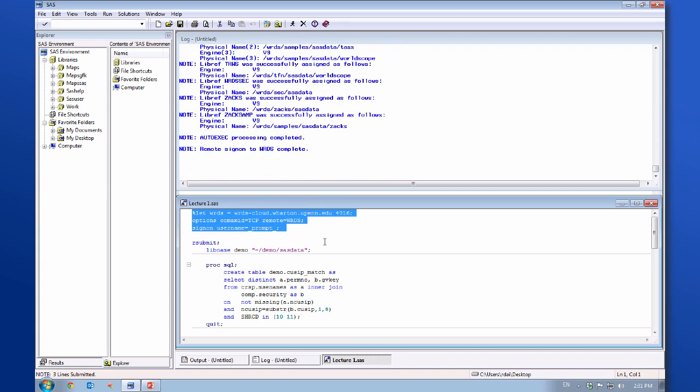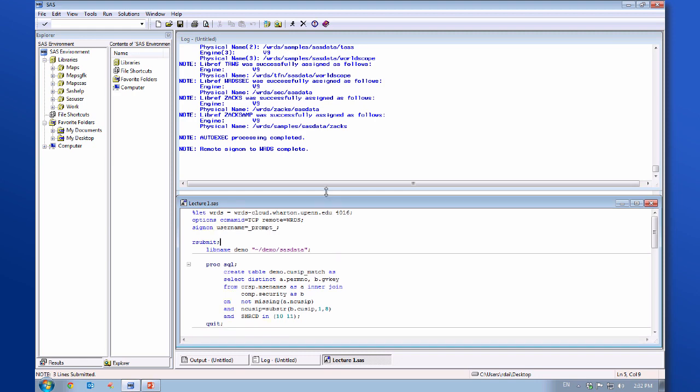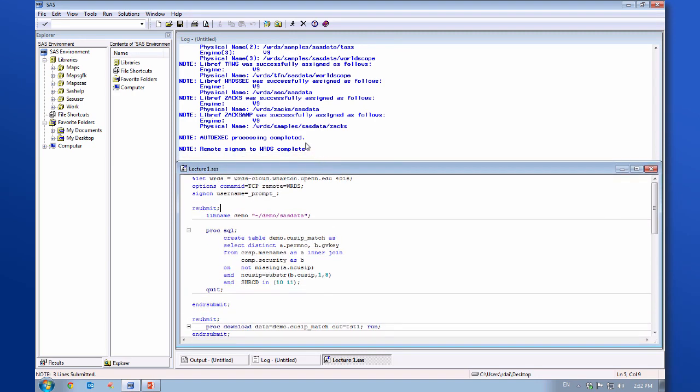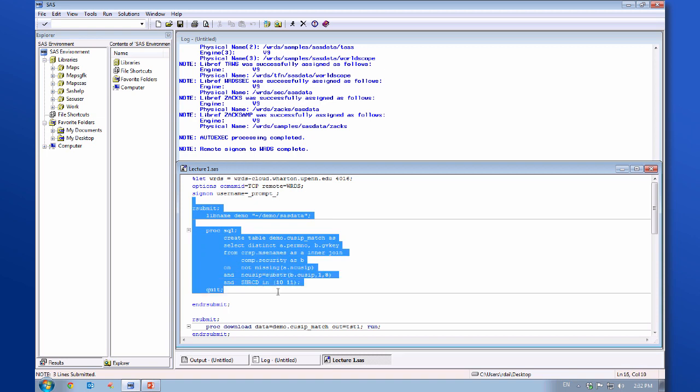Alright, so right now you are linked to WRDS Cloud. I'm using WRDS Cloud for this demonstration because WRDS Cloud is the next generation of the WRDS server. It provides 1 GB of personal permanent disk space for each individual user, and up to 500 GB of disk space for each subscriber or each institution. So, let me make this one a little bit bigger. So we are already logged in to the WRDS Cloud server right now,